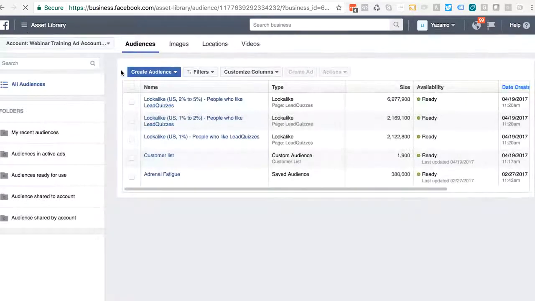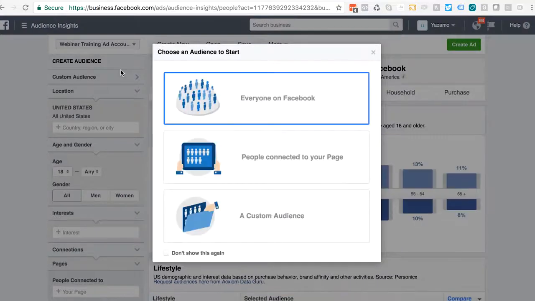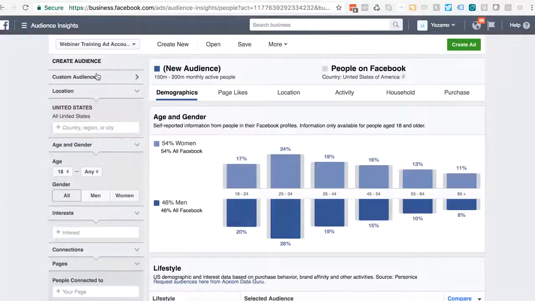If you go ahead and click that, it's basically going to pull up information like all Facebook users, and then you can narrow it down. So we're going to look at everyone on Facebook. Now, Donna Ray, walk us through Audience Insights and how it creates these audiences and what areas we should be looking at in here. So if you look at the left-hand side right here, the first thing you'll see is